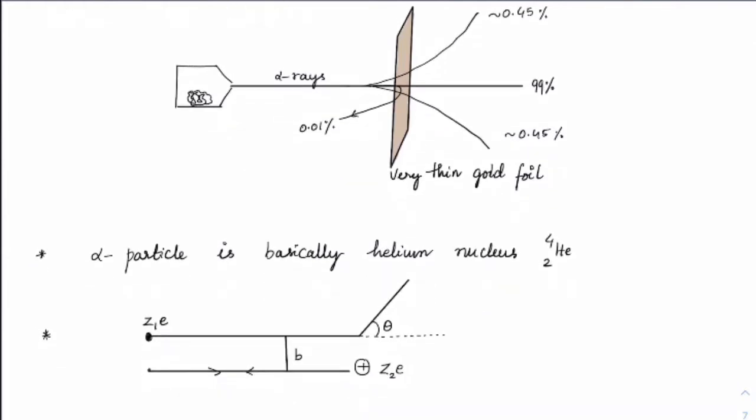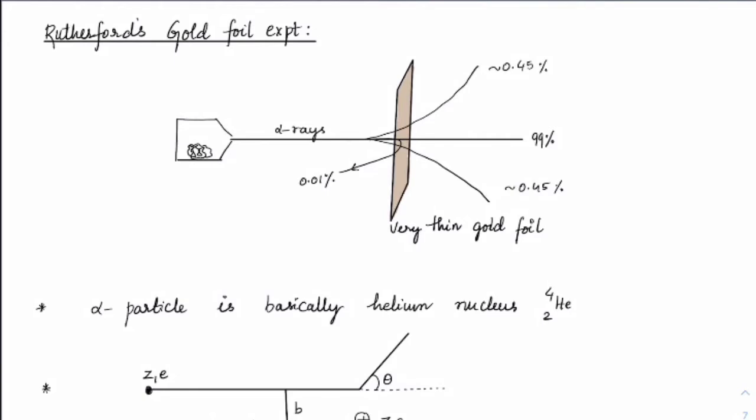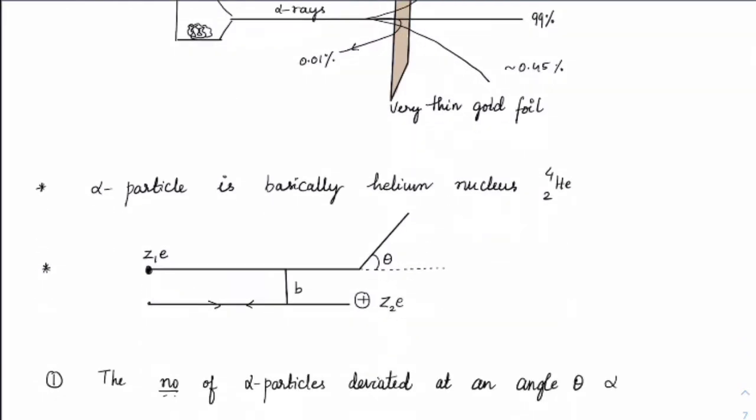Next, Rutherford's gold foil experiment. I'm pretty sure you know that first we generate alpha rays through a radioactive element, and those alpha rays are bombarded on the gold foil, which is very thin, and 99% of the rays will travel through that, except a very few percentage got deflected or scattered. Some got rebounded. Okay, so alpha particle is basically helium, right?